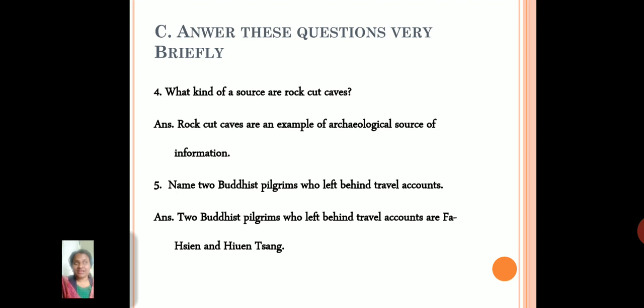Every time we start writing the answer, please start with a capital letter. Okay, so R capital, OCK. Rock cut caves. Rock cut caves. R has to be capital. Rock cut caves are an example of